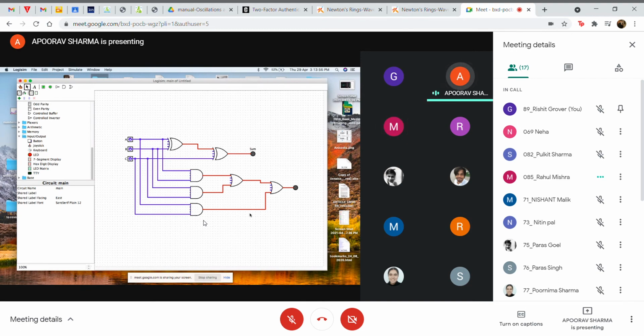Because we are not using 3 input OR gates or any 3 input gate right now. Your limit is 2 inputs, because currently you are dealing with only 2 input ICs, 2 input gates. That's why I am using 2 inputs, and you will also use 2 inputs right now. That is the matter for further studying when we will use 3 input and 4 input gates. Right now we will use 2 input gates only. Otherwise you can use them, but your curriculum is right now limited to 2 input gates. That's why I'm using it.